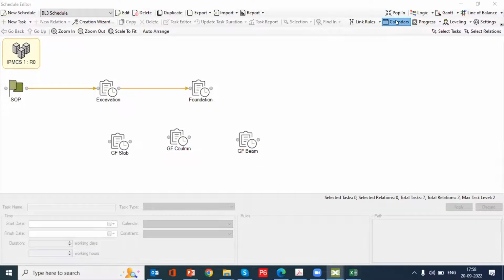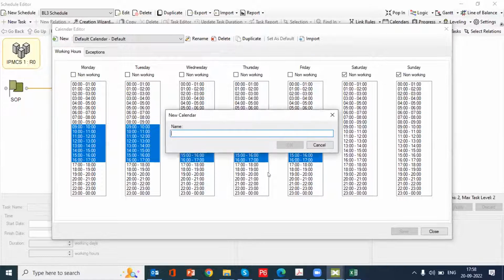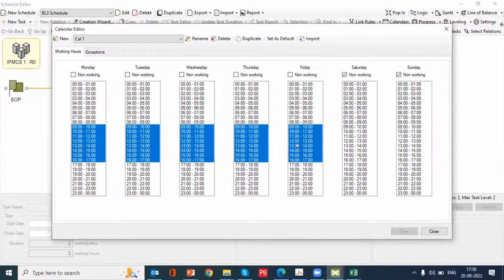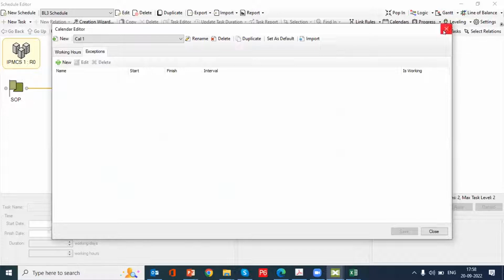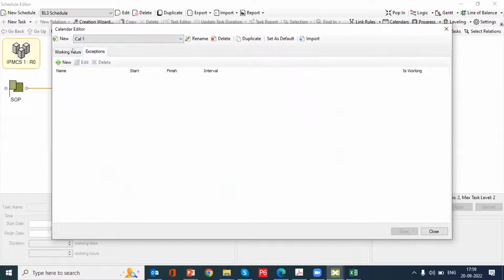Similarly, you can create a calendar or you can define a calendar. By default, you have some default calendars in Bexel itself. Apart from this, you can create a new calendar and you can just give calendar 1. So here you can define your work weeks, working and non-working days, timing, exceptions and all, then just give save. So once you're done with this, any modifications,